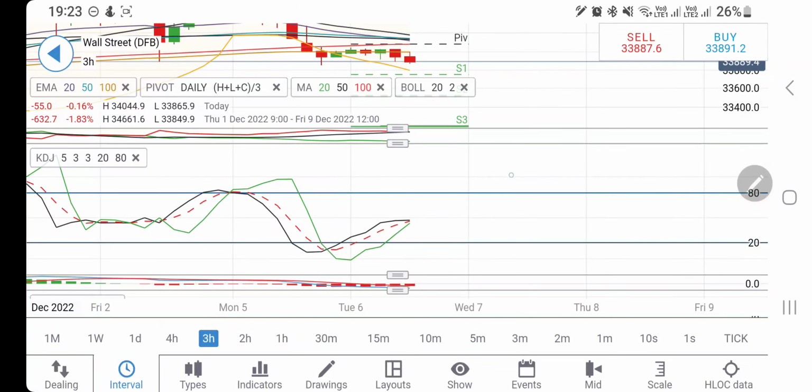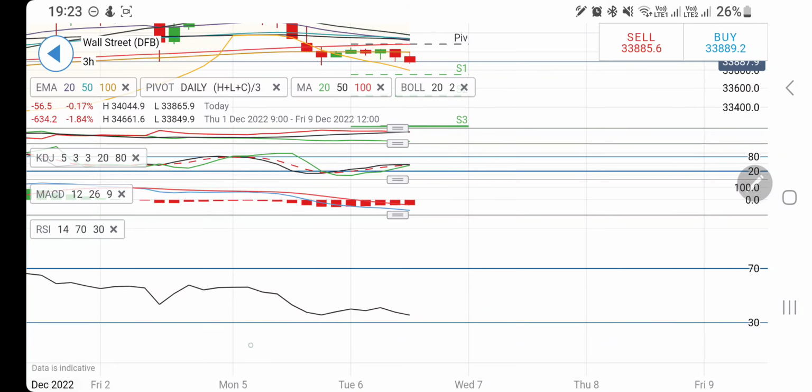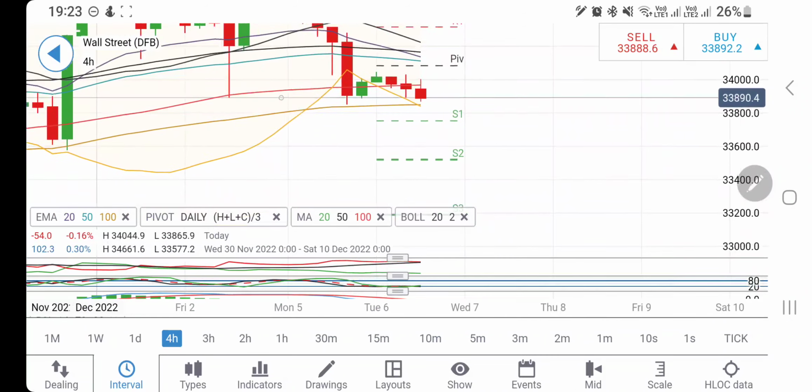Directional movement is divergent and bearish. Stochastic is again trying to converge and cross over for a sell. The MACD is divergent and bearish. Let's see if it converges and crosses over for a bullish move. RSI looking downwards here. And if you look at the 4-hour charts, on the 4-hour